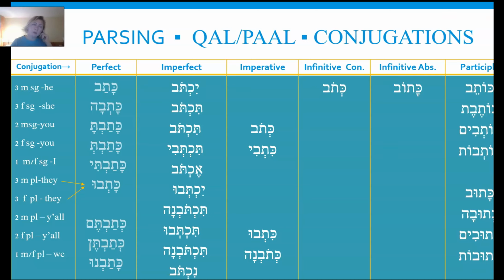And the second person masculine singular is when you talk to a man. As second person feminine singular, it's you, but talking to a woman. First person masculine or feminine singular, because singular really only has 1 form, and it's going to be talking about me. First person gives us talking about myself or us, and in the singular form it's talking about me, so I, and it doesn't matter if I'm a man or a woman for Hebrew. Now we get into plural, and we get 2 forms here. Third person masculine plural, it's a group of men or it's a mixed group, they. Both of those groups will have masculine form in Hebrew. Third person feminine plural, it's they, but we're talking about women